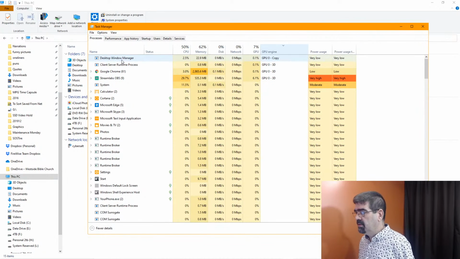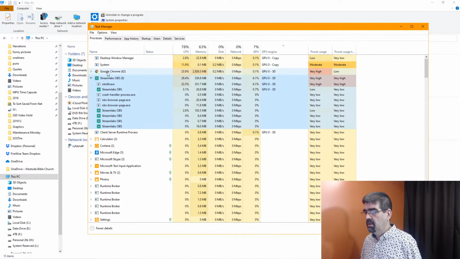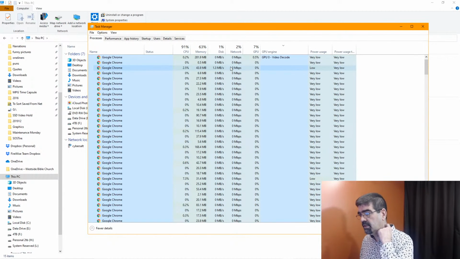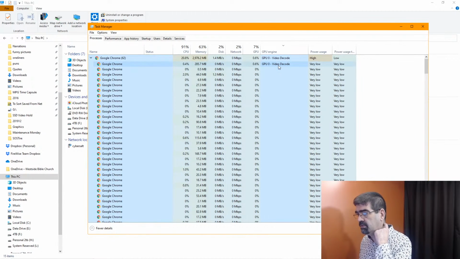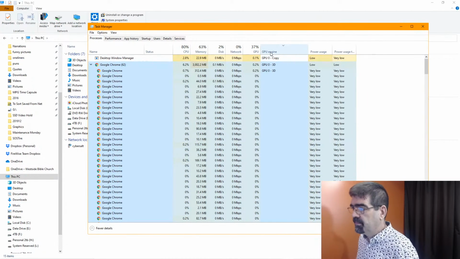Desktop, 3D, server runtime process, high. System and Chrome. Chrome has two things here that it's using. Video decode, yeah, and I don't know if Chrome, I do have my video paused on YouTube here, but